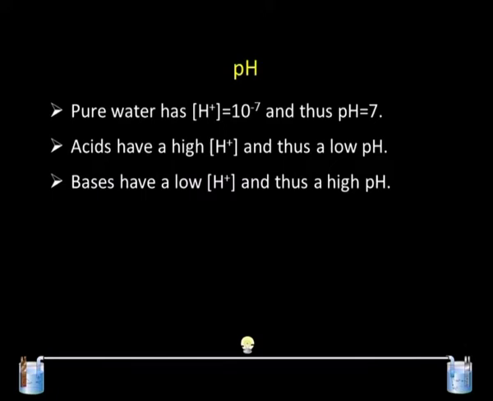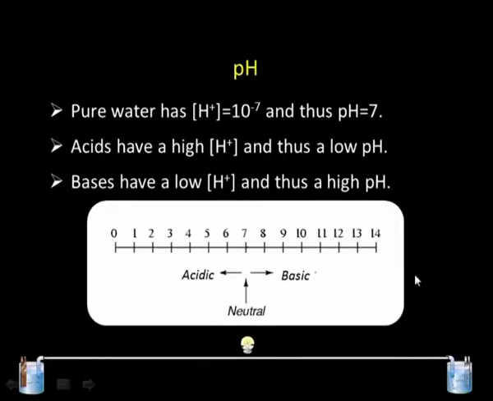greater than pH 7. If we look at the complete pH scale from 0 to 14, we can see here that pH 7 is a neutral pH. If we go down, the pH becomes acidic, and if we go higher, the pH becomes basic, or we can say that the solution becomes acidic when pH is lesser than 7 and the solution becomes basic when pH is